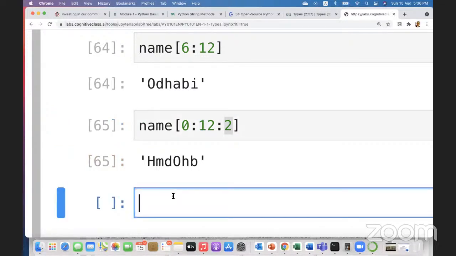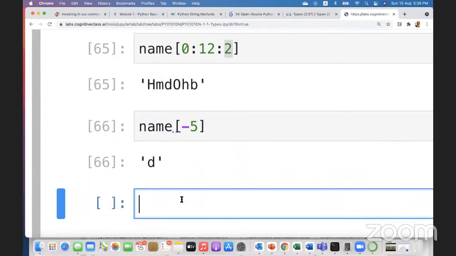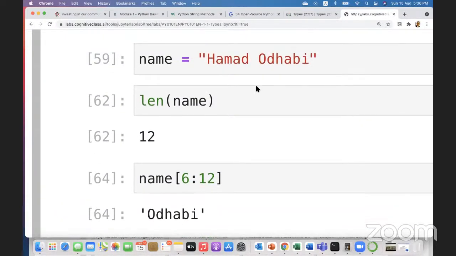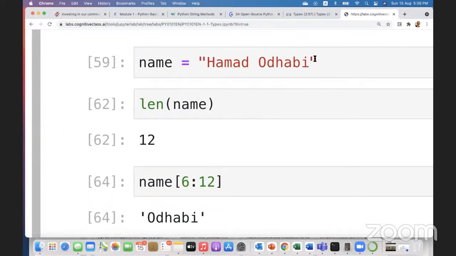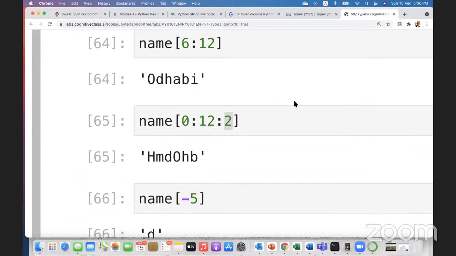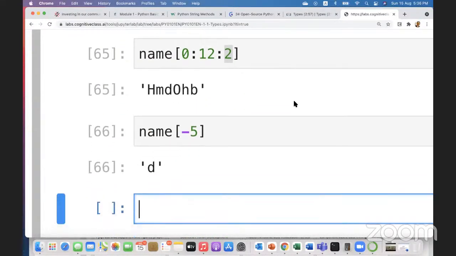I can also do the opposite. Say name -5. Name -5 goes from the end to the 5th location. So this is 1, 2, 3, 4, 5. It gets me D. So this -5 starts from the end of the string. You need to go